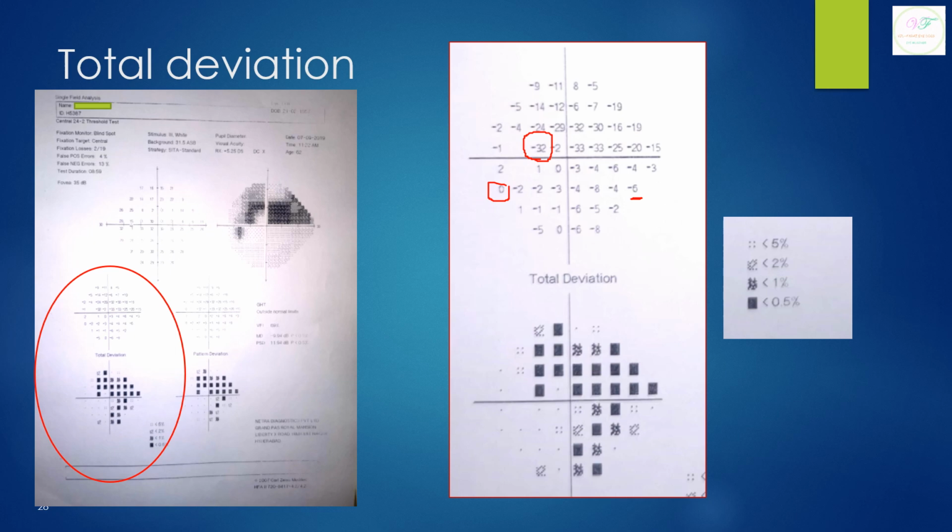Now next you have to look at this graphical data, which is given in every report. This signature is given where these four dots represent that it is less than 5%. That means less than 5% of the normal population can have such reduced sensitivities, and this dark black one implies less than 0.5%. So less than 0.5% of normal people only will have that, which is something pathological. So there, if you can see this area, the reduced sensitivity is present. Total deviation generally tells you about a generalized deviation. It might be a deviation because of the generalized loss plus a loss due to glaucoma. It doesn't differentiate.